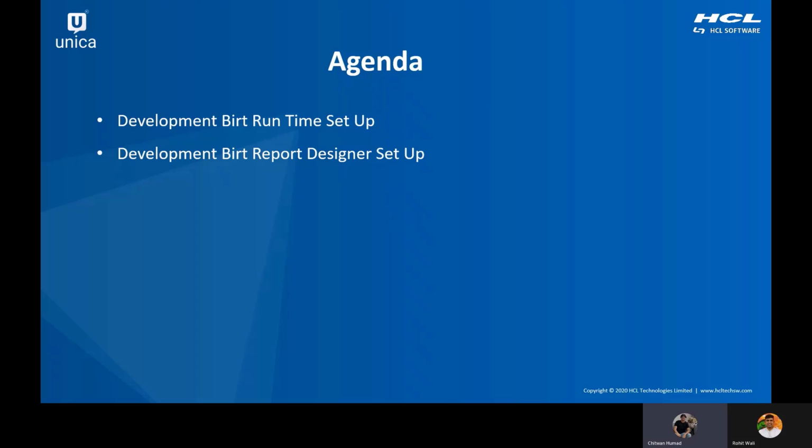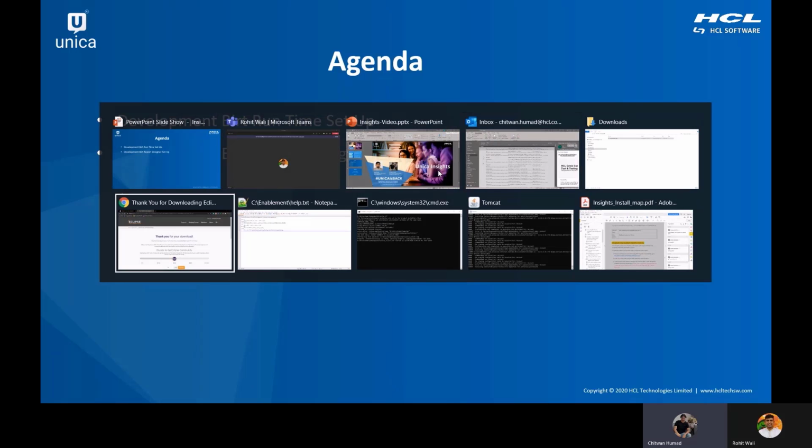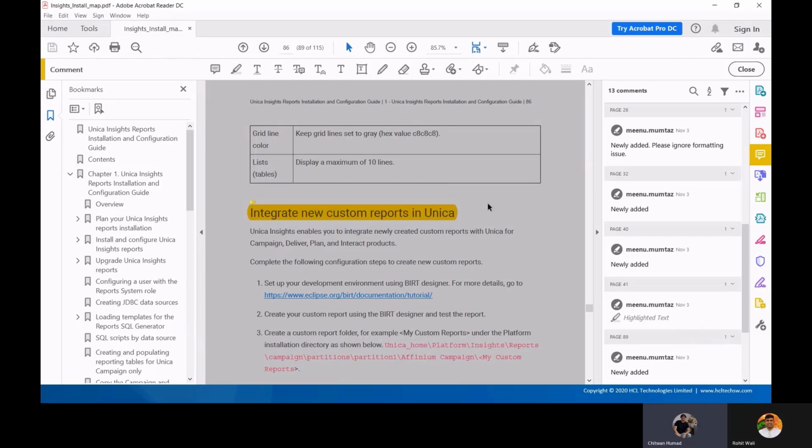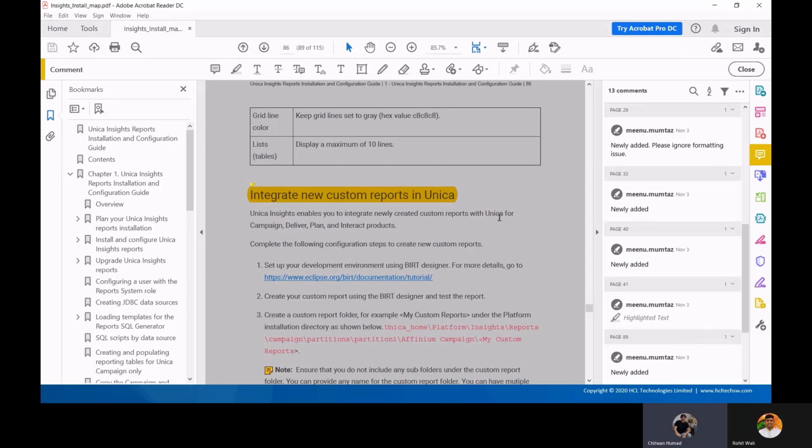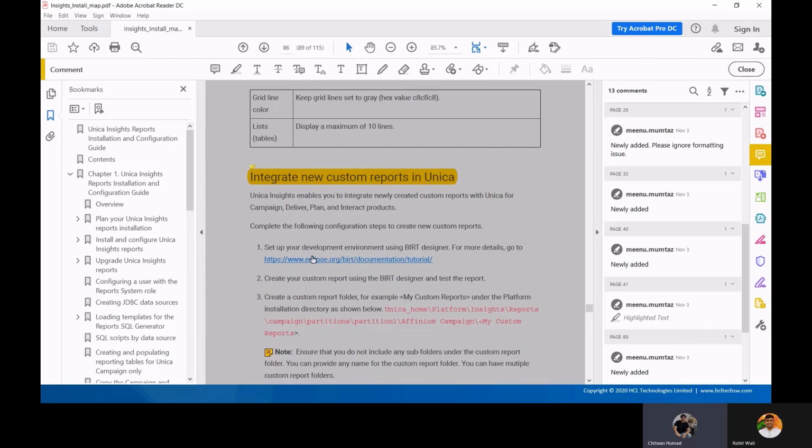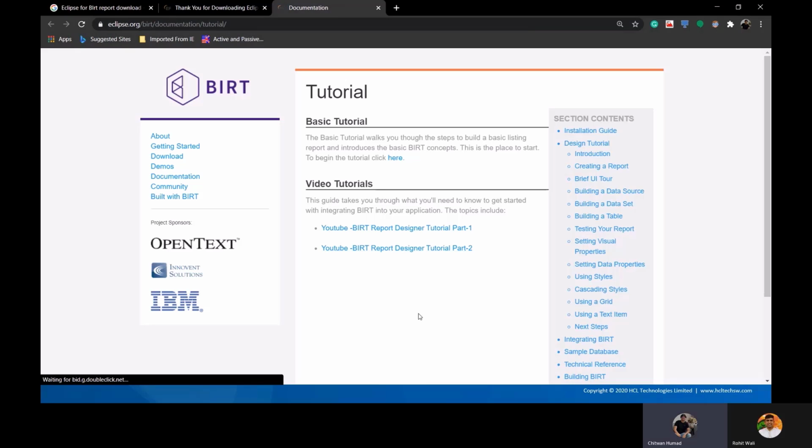All right, so I would like to take you to the Unica user guide. Here the user guide mentions the BIRT designer and the runtime that you can download. So clicking on this link, when you click on this link, you will get the home page of the BIRT